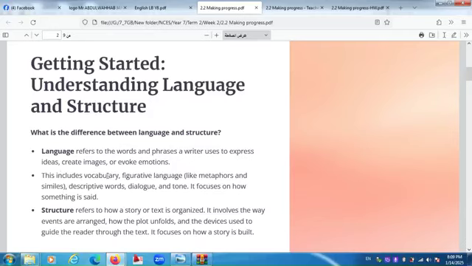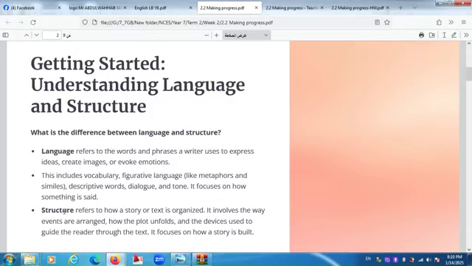That includes vocabulary, figurative language, literal language, metaphors, similes, personification, descriptive words, dialogue, tone. Anything that can relate to the language or to the words or to the manuscript itself, either in writing or in speaking. So it's the production of the language, production of words. It focuses on how something is said,